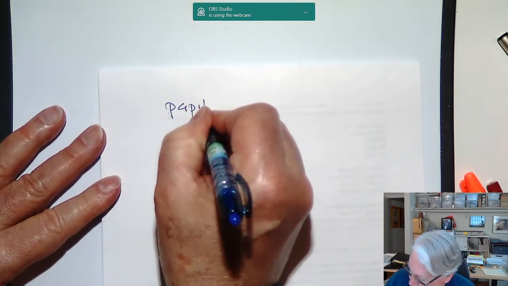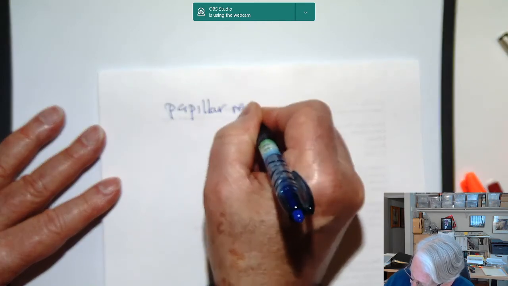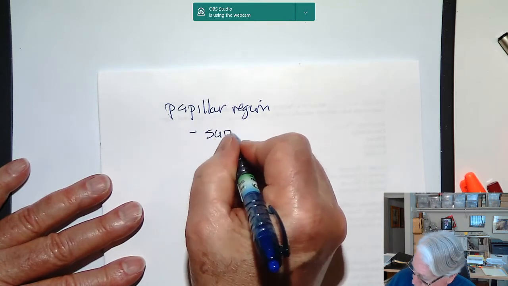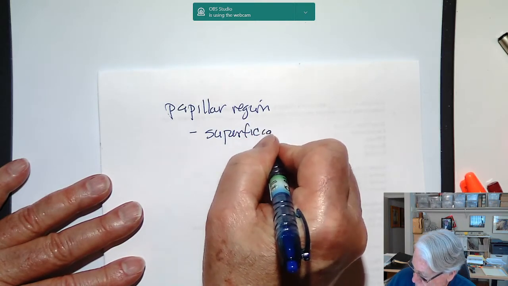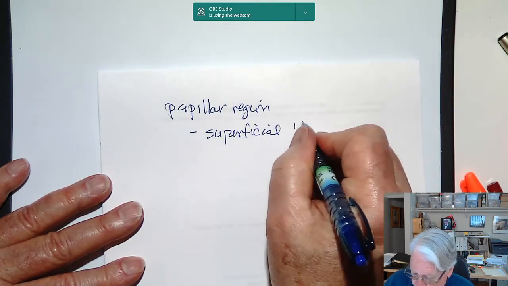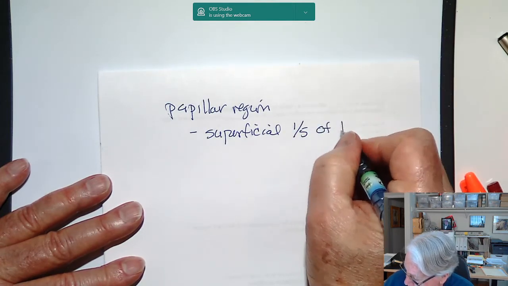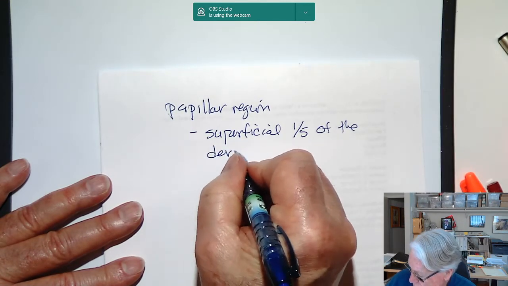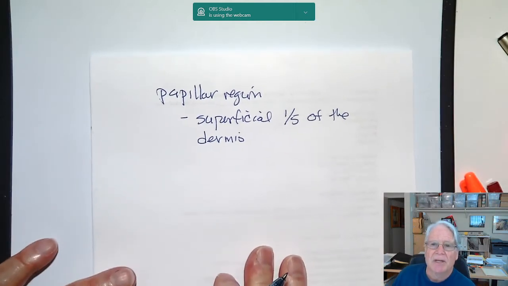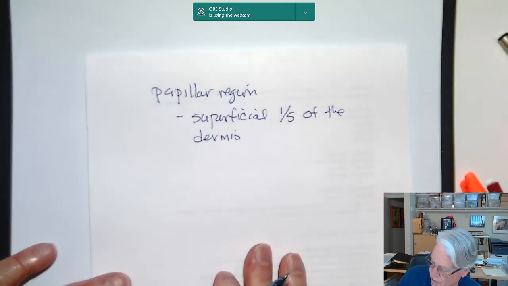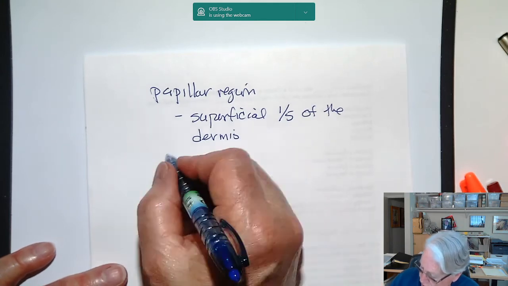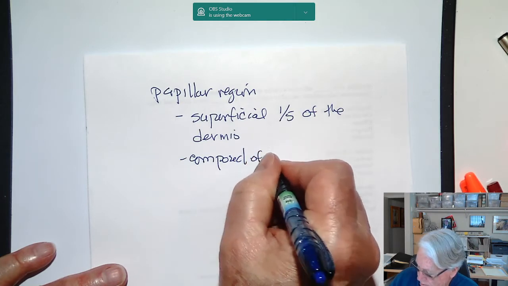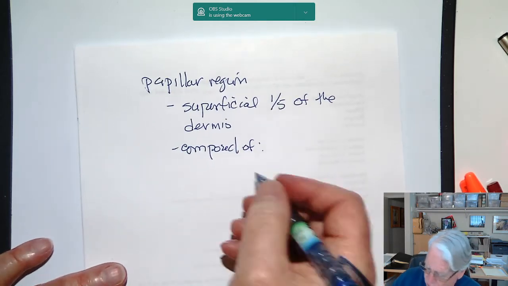The papillary region is the superficial one-fifth of the dermis. So the top one-fifth of the dermis approximately is referred to as the papillary region. It is composed of areolar connective tissue,